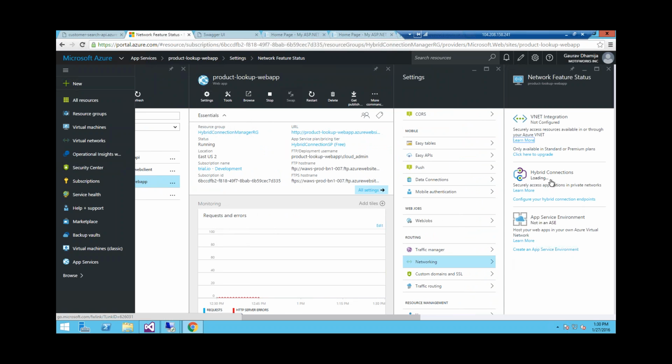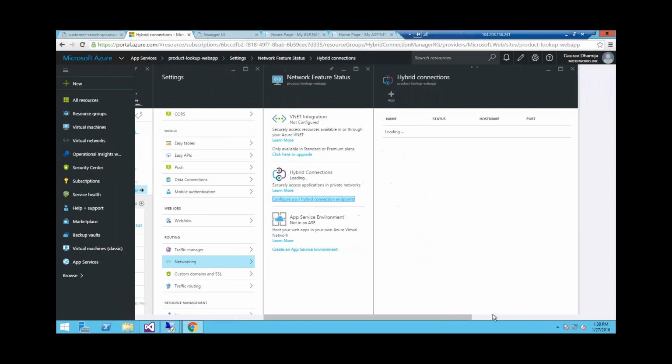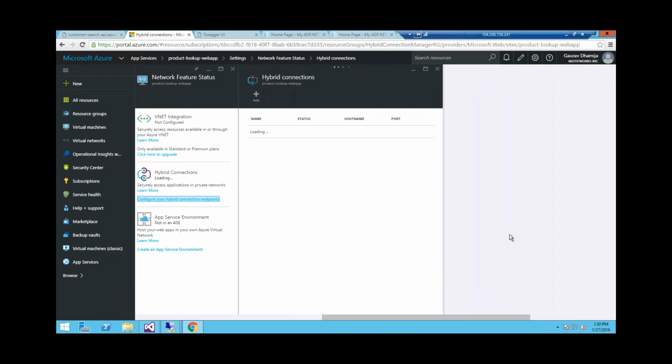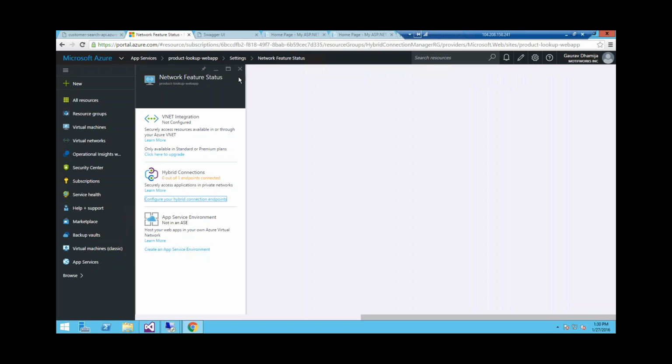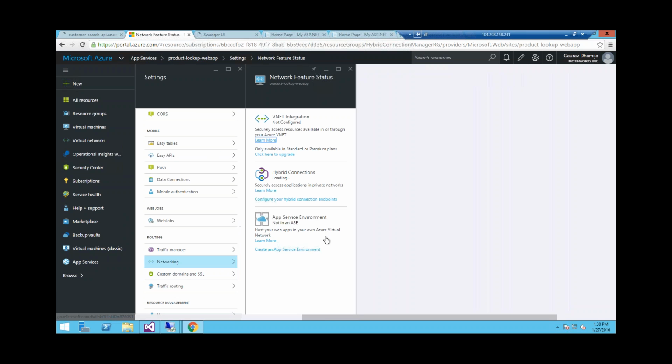And I've already set up Azure Hybrid Connections for the sake of this demo. If you go over here, it's just taking a few seconds to load up. Okay, it says not found, but probably I just need to refresh this again.